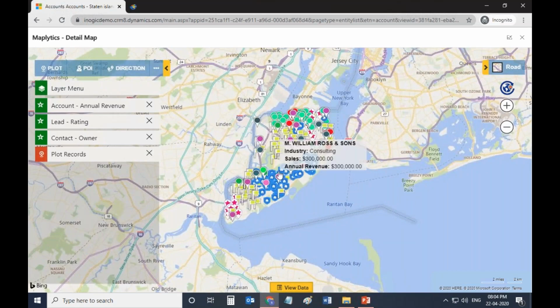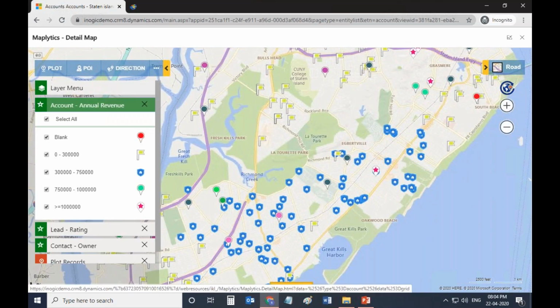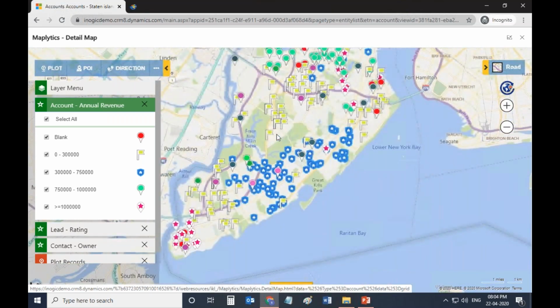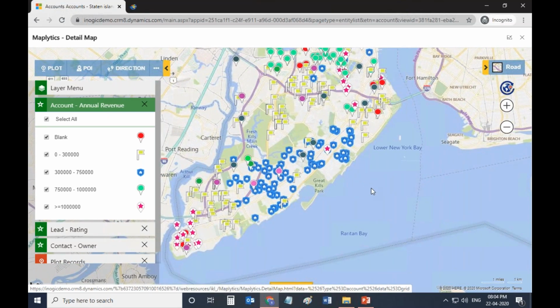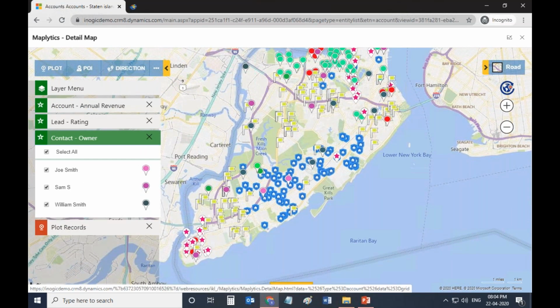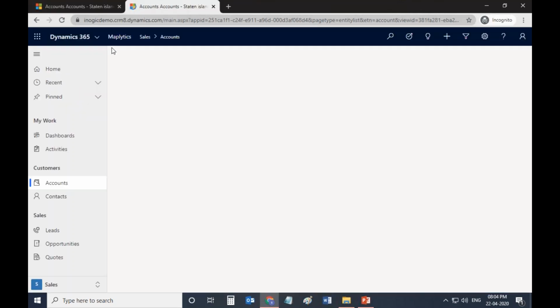So you can see the push pins have changed, and you can see the 3 category cards have appeared. So this category card shows all of the push pins that represents the attribute annual revenue. And likewise, you have the category card for the leads as well, and the contacts. Right. So this is how you can categorize the data based on various attributes, and you can also configure these categories. So let me just try again.